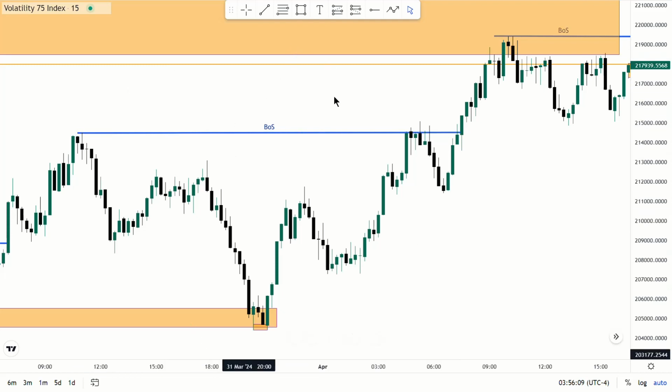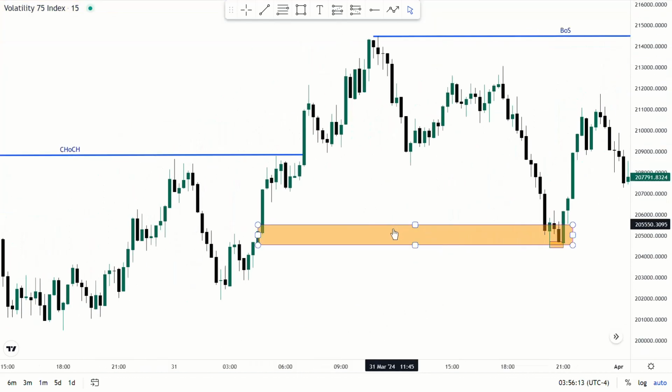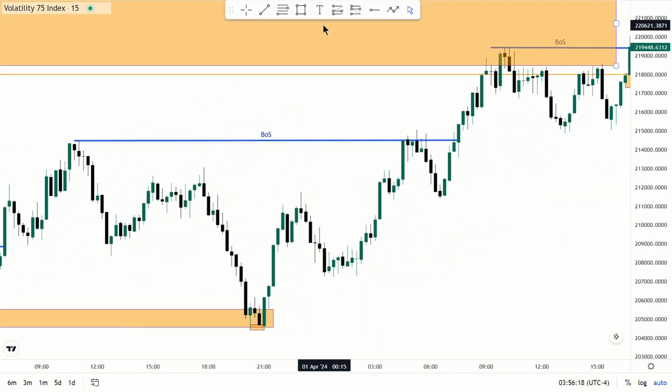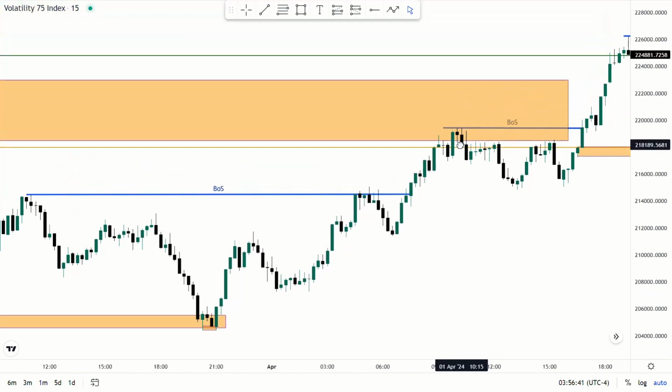But when you go to analysis time frame, the 15-minute time frame, there was a change of character here. This is why you are taking the trade, and the fact that the market has the potential to go to this POI and take out whatever inducement is to the left there, so you can take this trade. Now there's a break of structure here. Okay, now the market has gone into this POI here, this decision of POI.